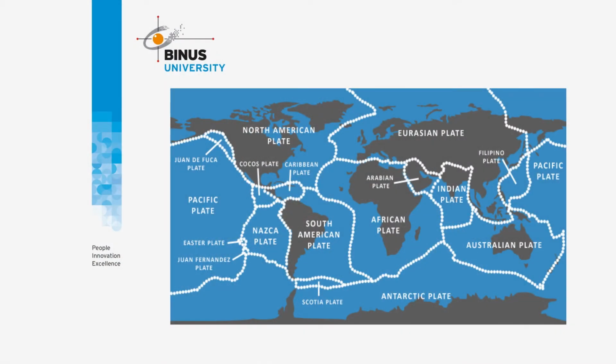Earthquakes, volcanic activity, mountain formation, and oceanic trenches are usually formed around these active zones. Lateral movement of these plates is usually around 50 to 100 mm per year. Tectonic plates can be continent plates or ocean plates, but usually a plate consists of both continent and ocean. This picture has 6 major plates and many other minor plates.